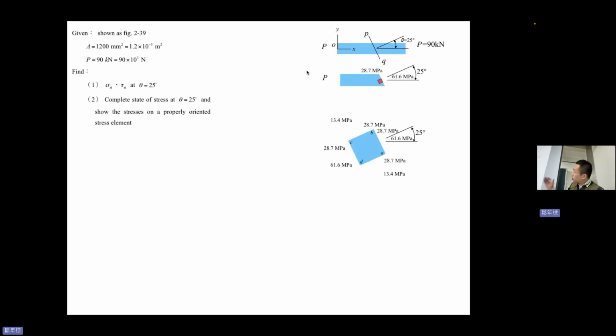So there is a material, and the material has a force P of 90 kN. Sorry. Now this is not tensile. This is compression, so be careful about this. And then A equal to 1,200, and P equal to 90 kN, and the problem asks us to find sigma theta and tau theta at theta equal to 25 degrees. So 25 degrees,